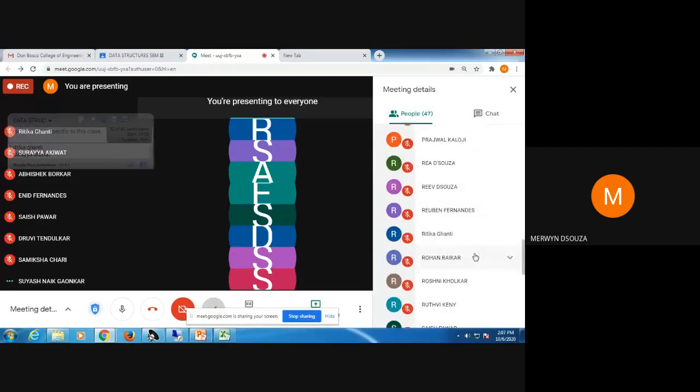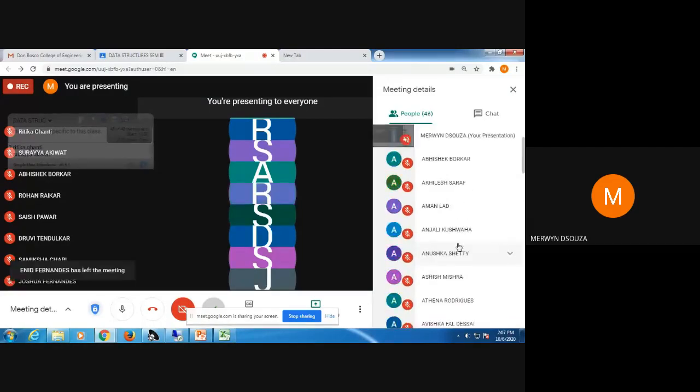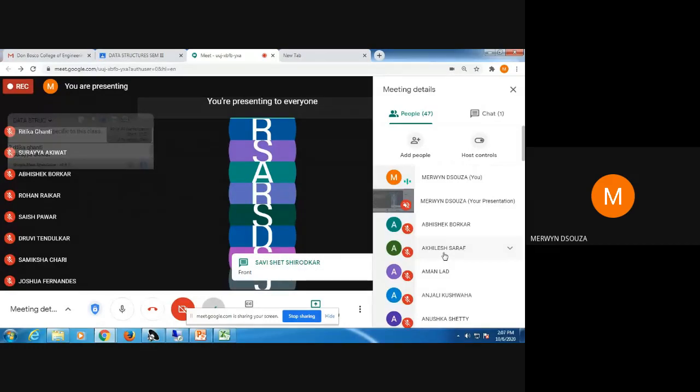Deletion in the queue happens at which end? Deletion happens from the front, correct. And insertion will happen from the rear.